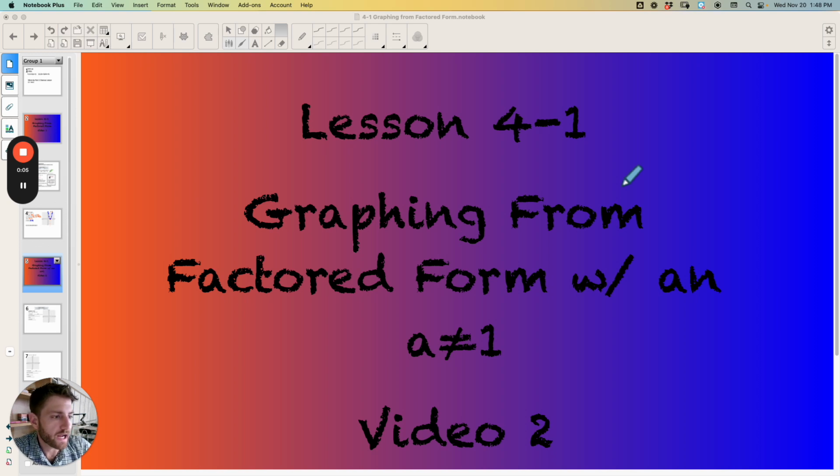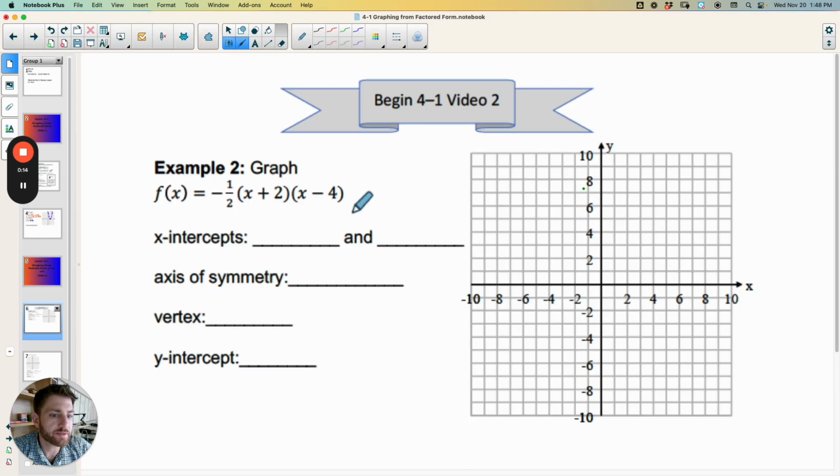We are going to graph from factored form where a is not equal to 1. And when I say a is not equal to 1, I am specifically talking about the number that is in front of both sets of linear equations in here that we're multiplying, or both sets of factors, if you will. So here we have one where a is actually equal to -1/2. All right, we're actually going to do these